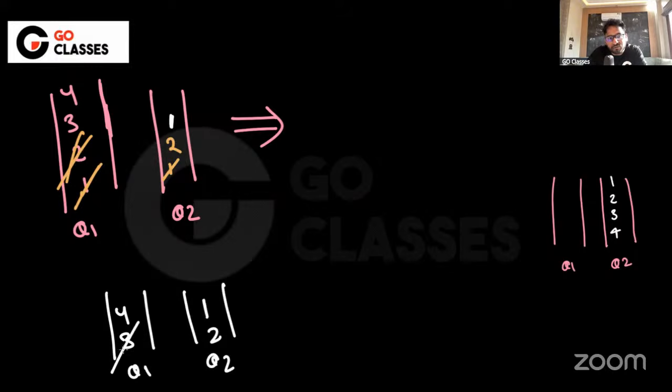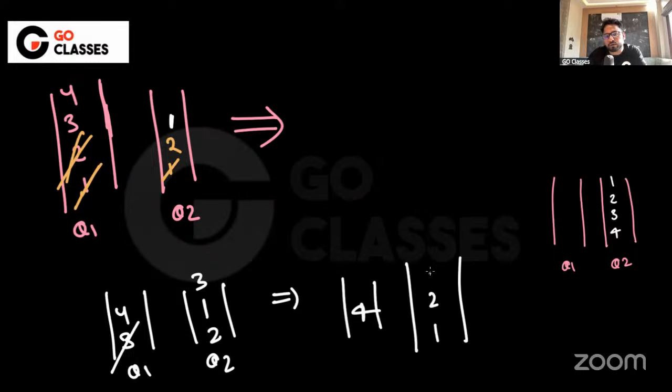Now you can transfer this 3 from here to here. That's fine. Okay, you can transfer. So basically it will be just containing 4, but here it is containing something like 1 2, sorry, 1 2 and then 3. But you want it in the reverse order. Basically you want this 3 here, right? You want 3 to 1. So how can we transfer this 3 1 2 from here to here? You don't want to get help from any other queue or anything. From here you want to go here. Can you tell me how we can do it?